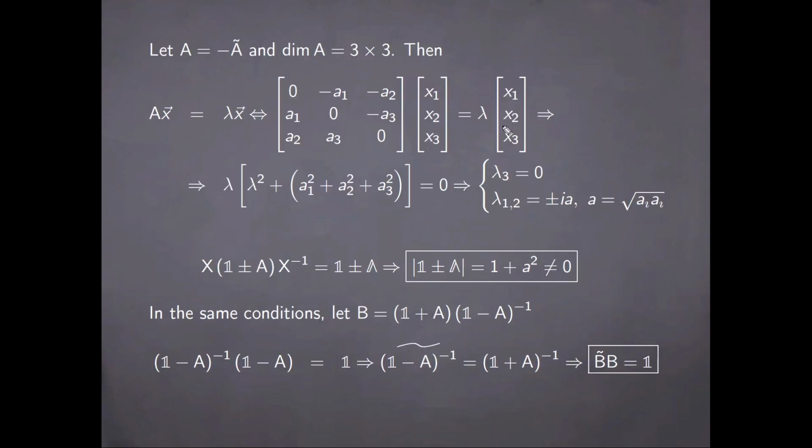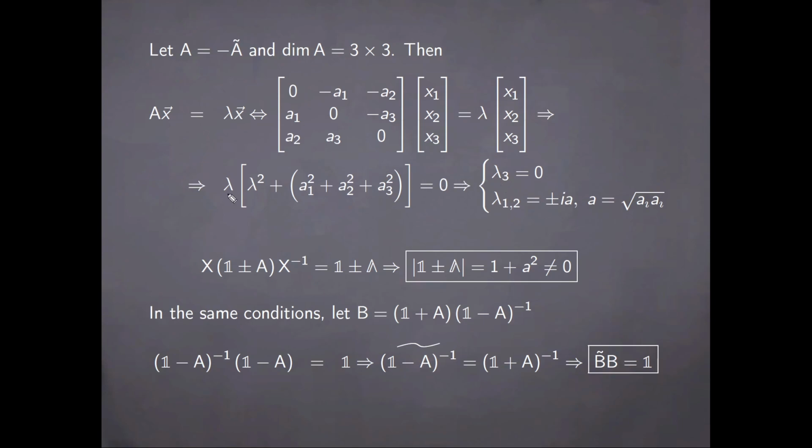As an application, we can consider the following example. Assume that A is an antisymmetric matrix of three dimensions, and then the eigenvalue problem will expand as shown here. And then the condition for a non-trivial solution of the corresponding system of equations is that the determinant of the matrix of coefficients vanishes, and then the vanishing of the determinant will imply the following possible